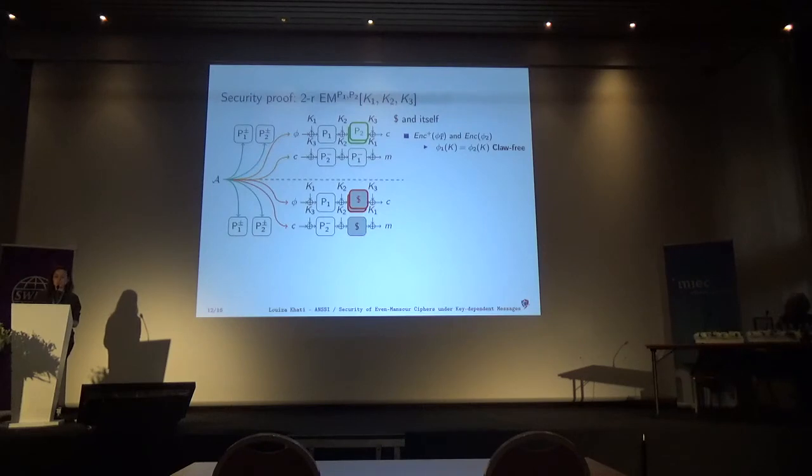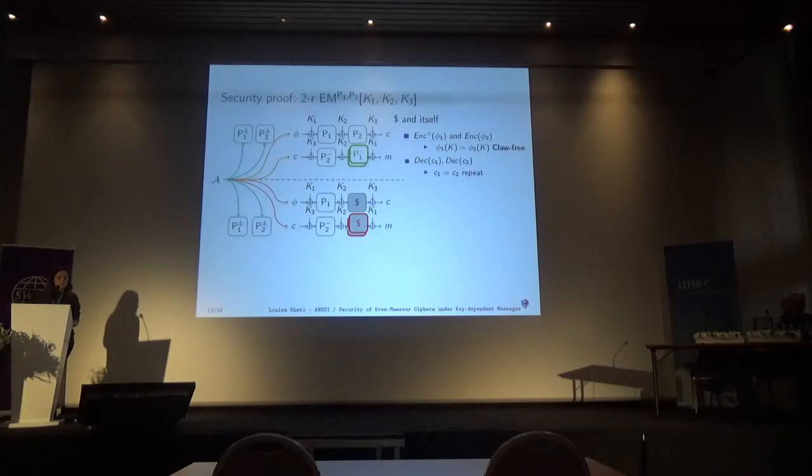So the adversary can trigger this event by asking two different encryption queries. So if he asks to encrypt phi1 and phi2, we will have this input that will be equal for both phi1 and phi2, and when you analyze the equation, you can easily understand that if it happens, it means that phi1 of k is equal to phi2 of k. And as we said that phi1 has to be different from phi2, this kind of collision breaks claw-freeness. So if it happens, it's because the set phi is not claw-free, but we took a claw-free set, so it cannot happen.